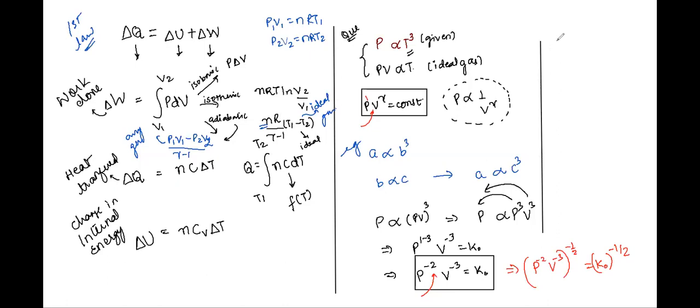Tell me. This P into V to the power minus 3 by 2. Oh, sorry, 3 by 2. Why? Because exponents get multiplied. If you take an expression a power b whole power c, then you have a power bc, right? I hope everyone is clear with these basic laws of indices. So this becomes P into V power 3 by 2 is now some other constant. Let's ignore what the constant is. We have some other constant k, right?